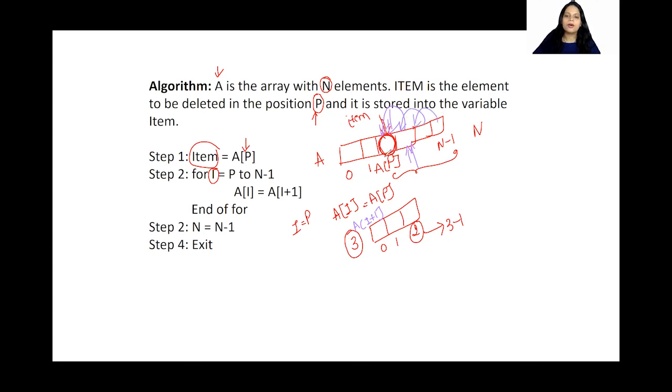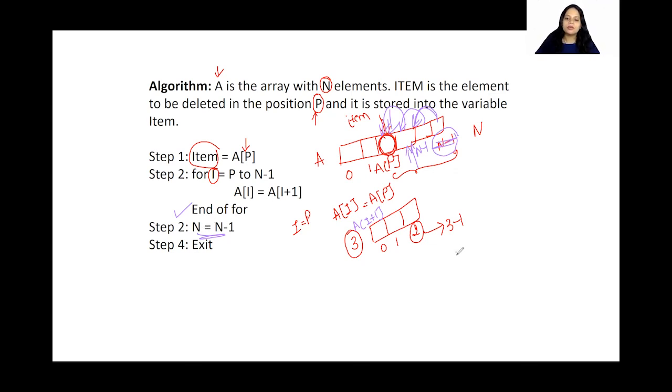So similarly, once I remove the value from the respective position, I'm going to shift the values of the array, right? Once this for loop ends, I'm going to process this for loop till where? Till n minus 1, till the last element. I'm going to move that last element, and then I'm going to say n is equal to n minus 1. Why? Now we have removed the item, isn't it? Once I remove the item, what is going to be last? Since I'm going to move this last element also over here, this is no more required. My n minus 1 is going to come over here, isn't it? That's why I'm saying n is equal to n minus 1.